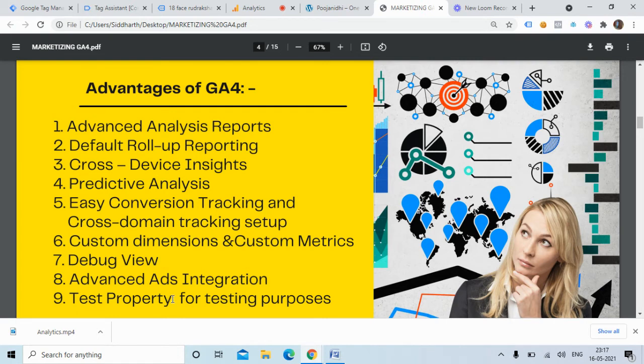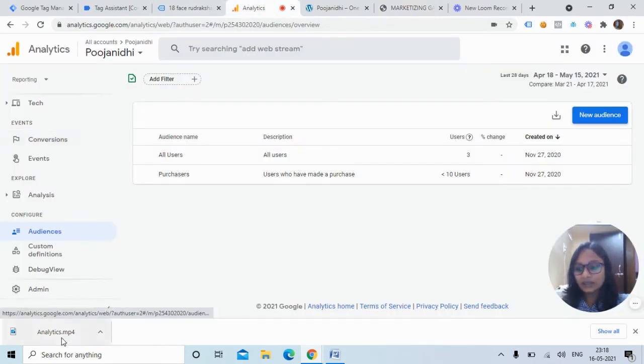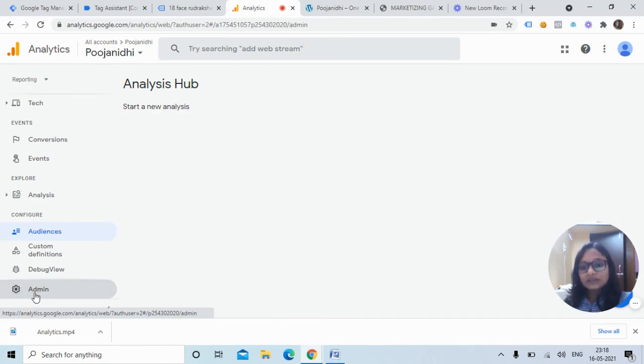And as I've already mentioned, we have a debug view. Apart from that, we can also create a test property where we can test all the different tags or the different techniques or strategies we want to implement on a website through Google Analytics. Once it's working well in our test property, then we can use it in the actual property. If you can see, this is the admin. There are no views, but